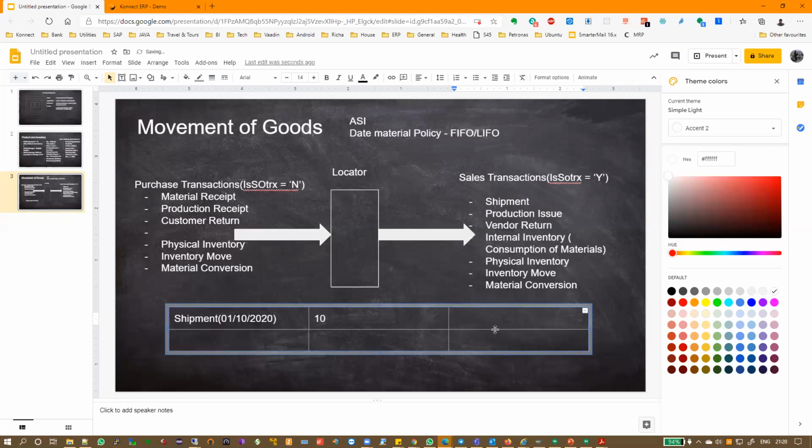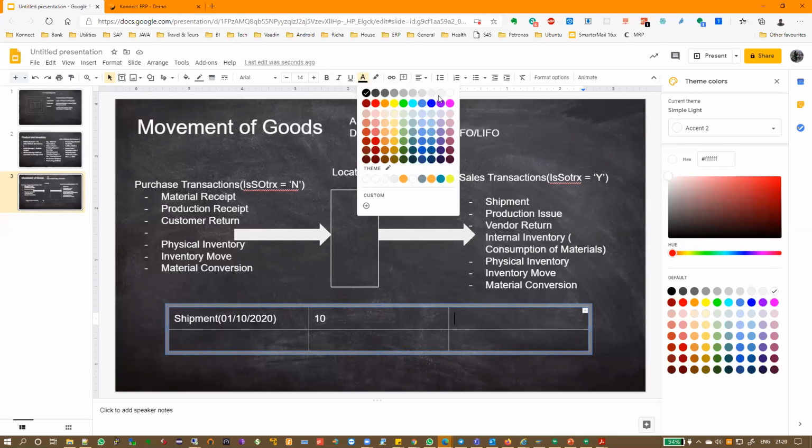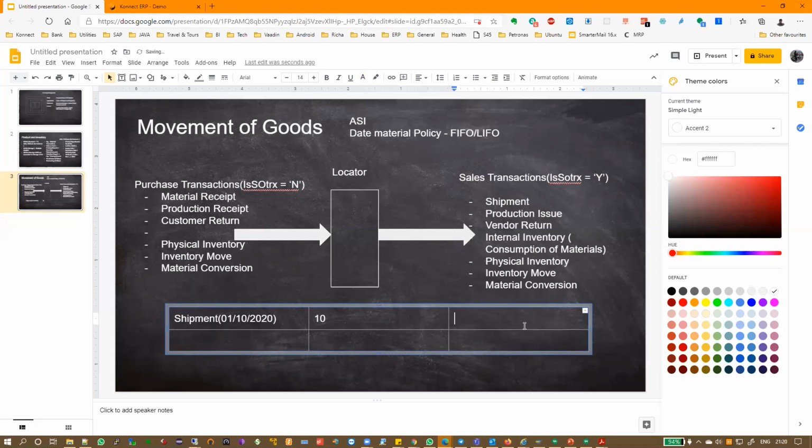Now, what the system will do in the locator is, let's say we are taking serial number equal to 0. So we're not having any serial number, so the ASI is equal to 0. In the system, it will put -10 against the date of 2020 and ASI 0. So this is how the locator will store the record.